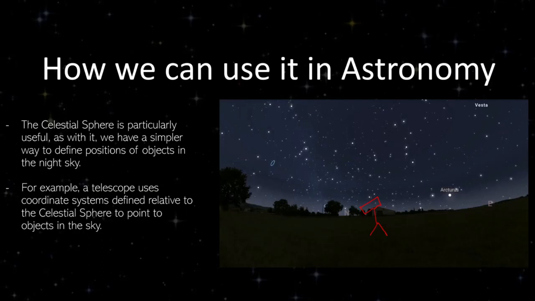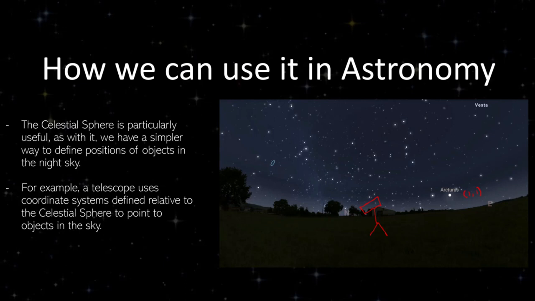Say you wanted to point this telescope at the star Arcturus. If you had no coordinate system and no position for the star Arcturus, you would have to endlessly search the night sky for the star. However, if you used a whimsical coordinate system, for example, and defined the position of Arcturus as 1, 1, you could tell the telescope to point at the point 1, 1, and it would point at the star Arcturus.